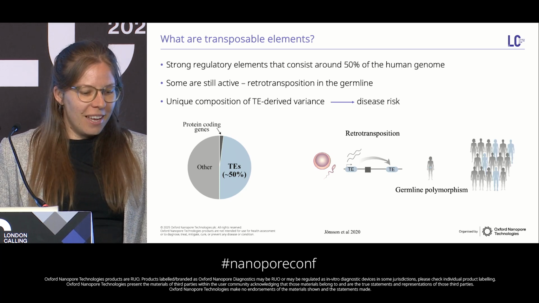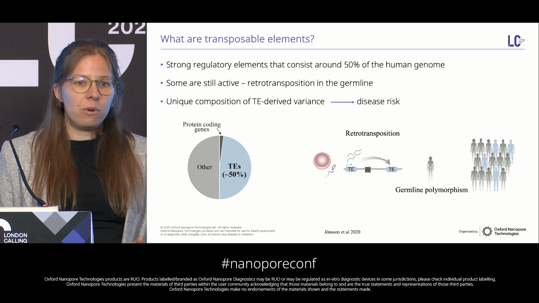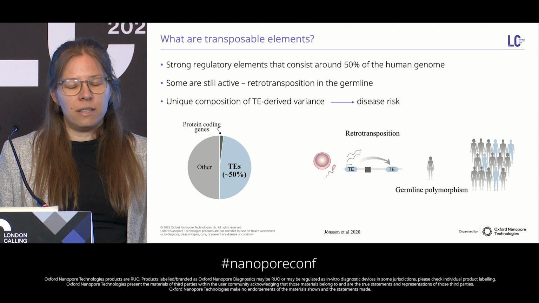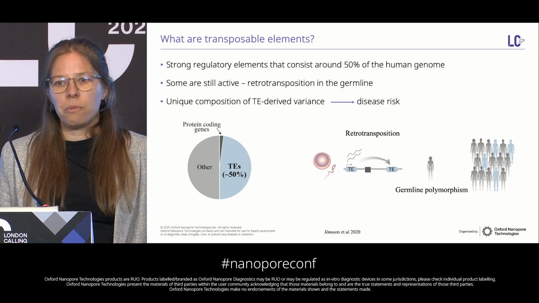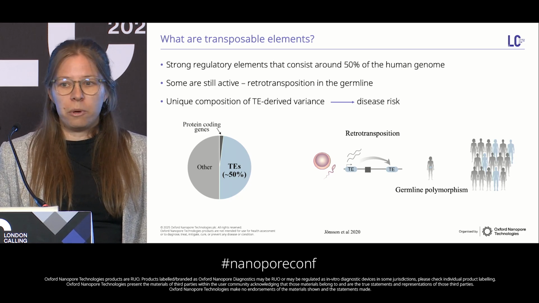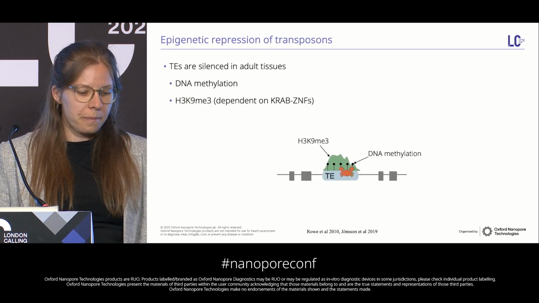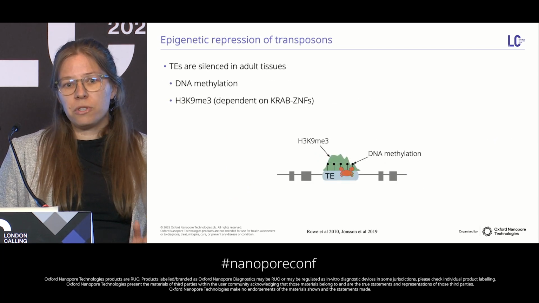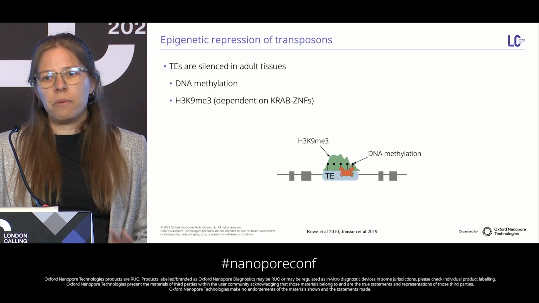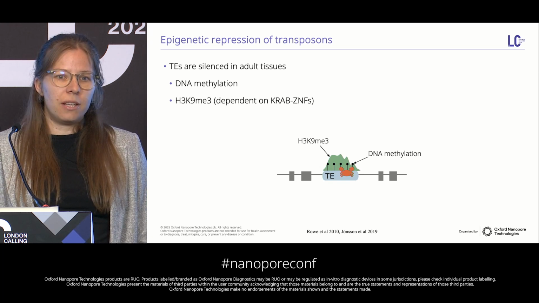Because transposons can still mobilize in our genome, this mostly happens in the germline. And when that happens, these polymorphic insertions can spread in our population, and that is a major disease risk in the human population. That's, for example, the case of XDP, this disease that we study. Since you can probably by now understand that it's very important to control transposons so they don't jump around in our genome, they are usually silenced by DNA methylation and H3K9 trimethylation.